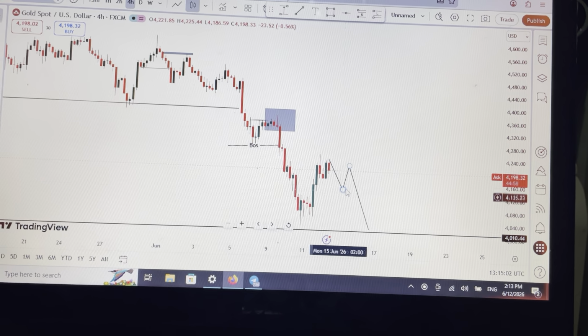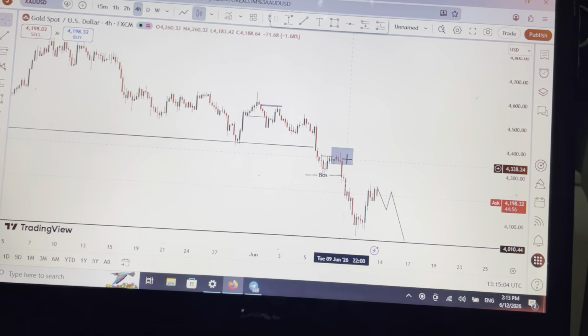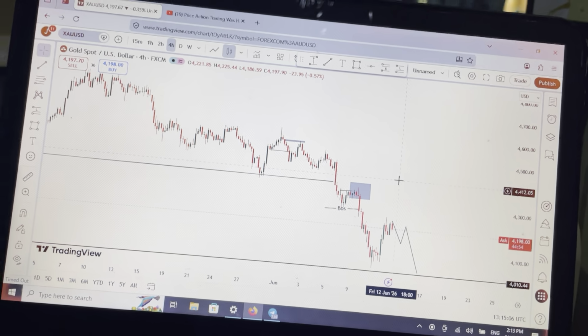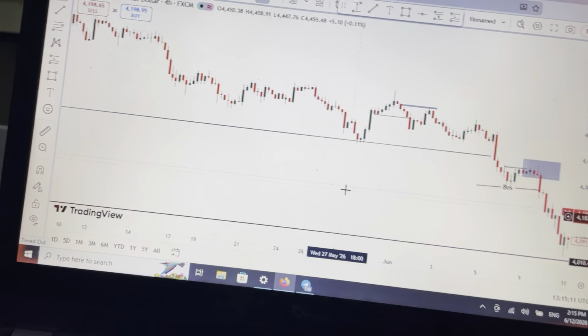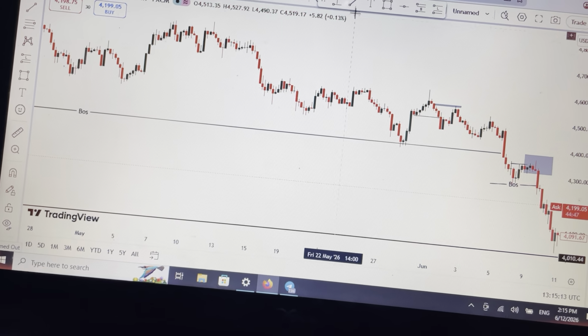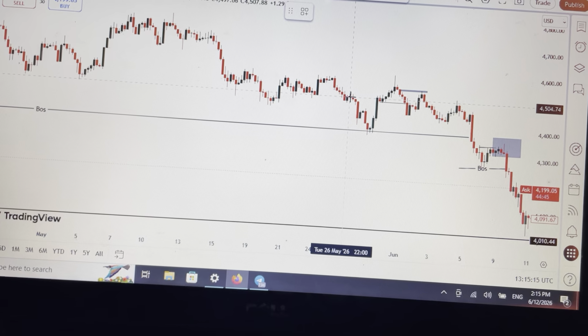Though we are still selling, we should wait. That's why I say it is important to wait for confirmation. You can know the market will go to the downside when there will be a problem. Okay, here it is. I told you guys around this level that there is a sell around here, because why?